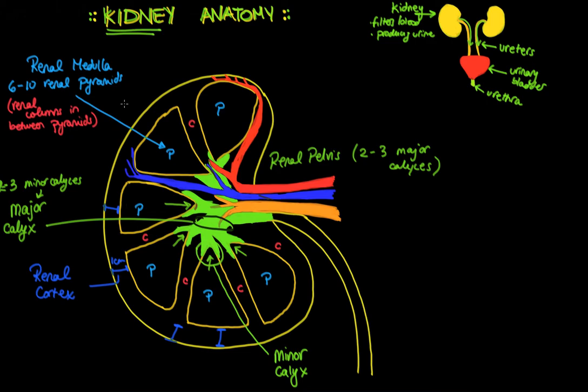What you'll also notice is that the kidney is kind of curved. It's curved in nature and it's convex on the lateral surface, and on the medial surface here, okay, it is concave. So concave medially. So what you'll also notice is that there is a slit right here in the concave medial side of this kidney, and this slit is what we call the hilum. Okay? So the renal hilum